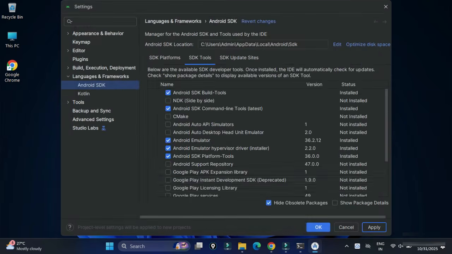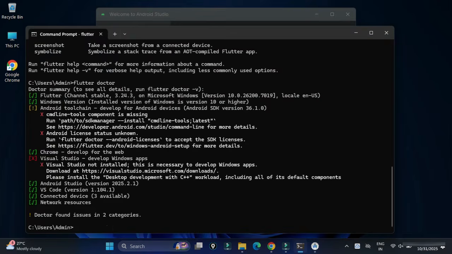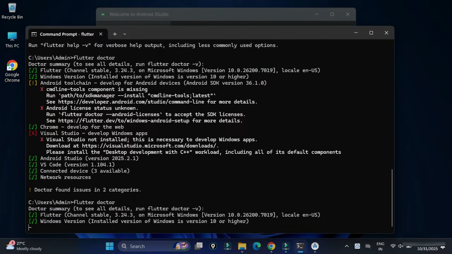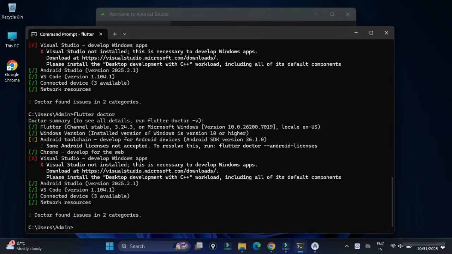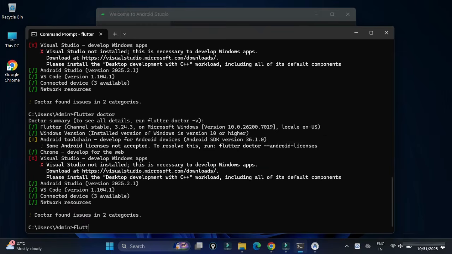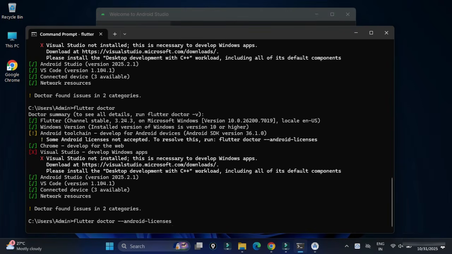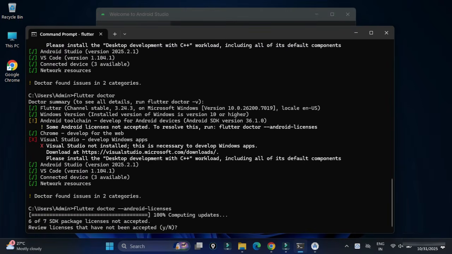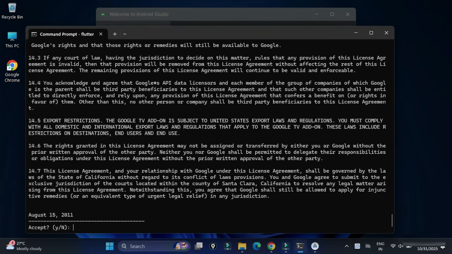And now guys, you can see here it's showing me only one problem with Android Studio. So let's resolve that problem also. So we have to accept some licenses. Okay, so for that, whatever command has been shown, just copy the command: flutter doctor --android-licenses. So this is going to agree to all the licenses over here. So a total of 5 types of licenses will come. Then we have to press Y every time.